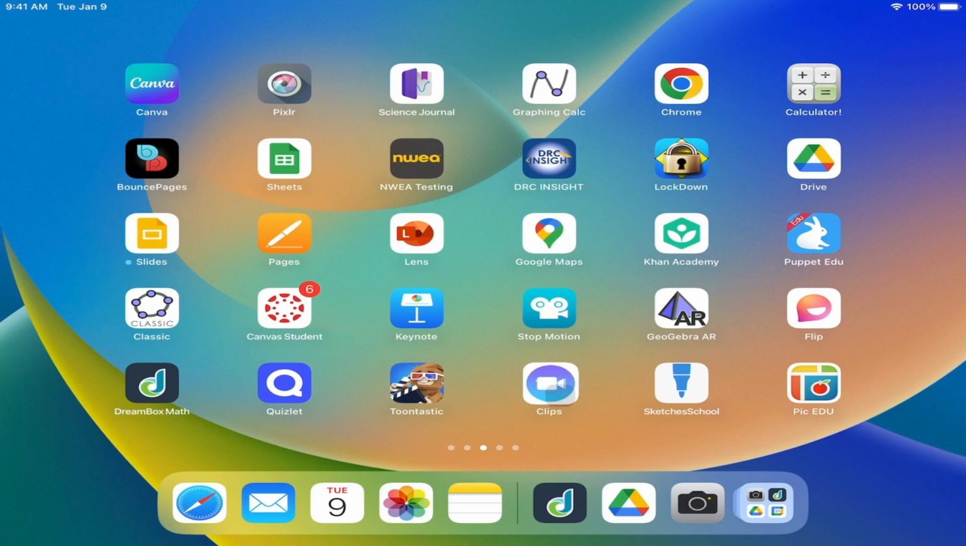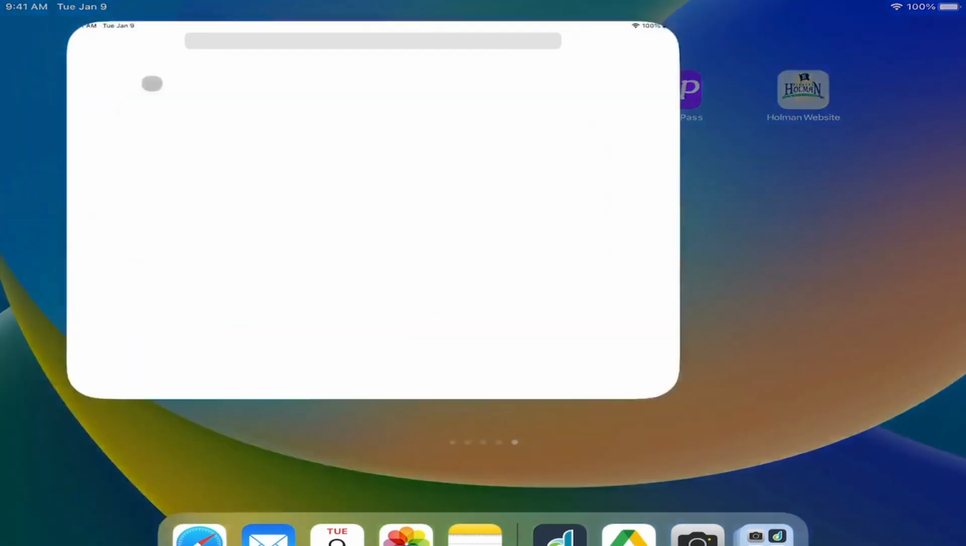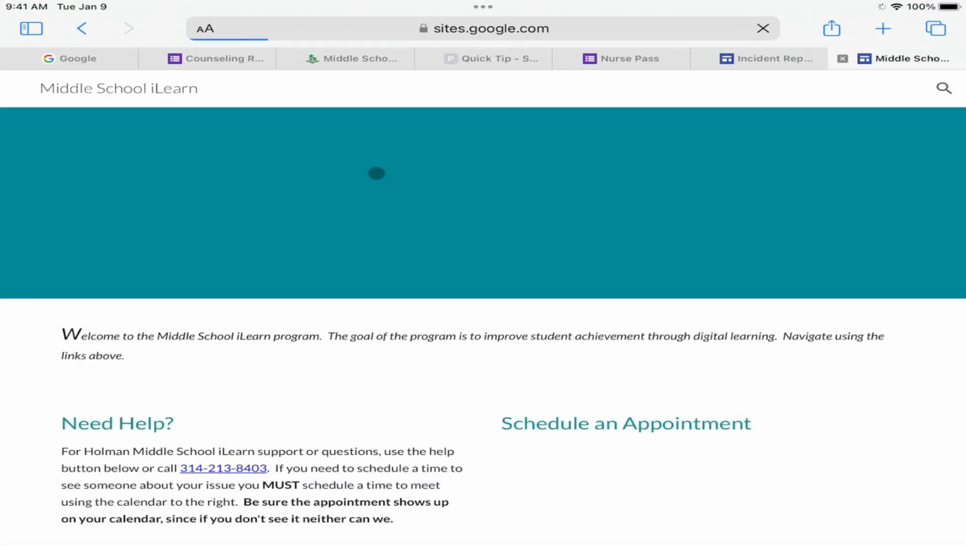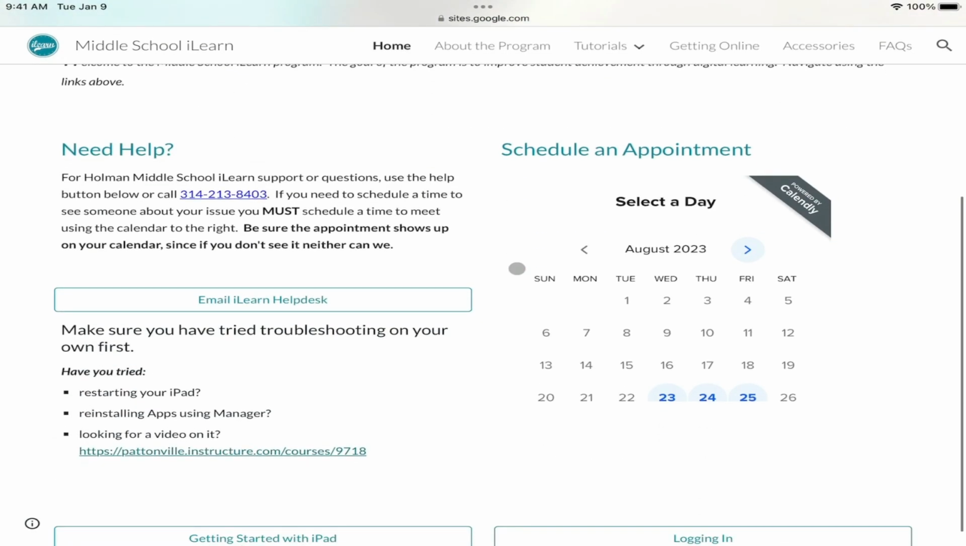So mixed in with all of your apps on your device are a few new apps that you can use to be able to get help when you need it. The first one here is iLearn. Let's say your iPad is having a problem or you need to schedule an appointment. I can tap on the iLearn button, and this takes me to the iLearn website where there's an option to